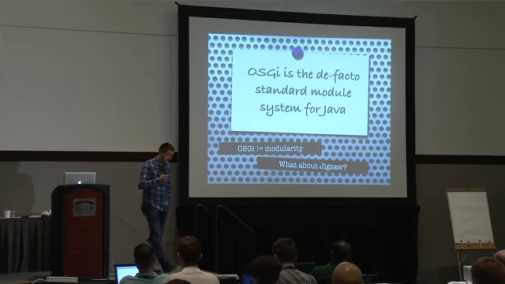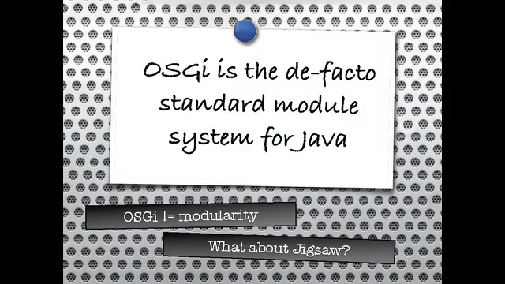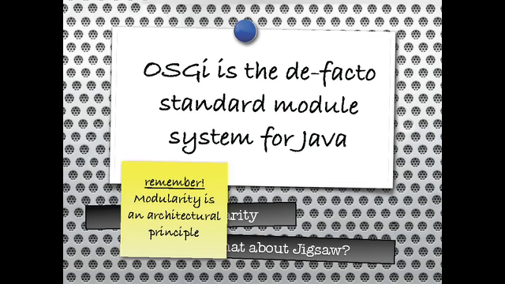One thing I should say is that if you start using OSGi, you will not automatically get modularity. Modularity is something that starts at the design level, at the architectural level. And just starting to use an OSGi framework will not automatically give you a modularity solution. You've got a modular runtime, but you still have to do all the right things yourself to actually get the benefits from it.